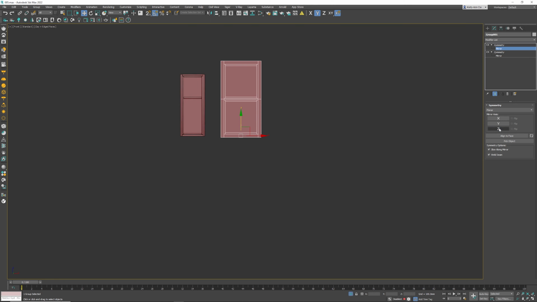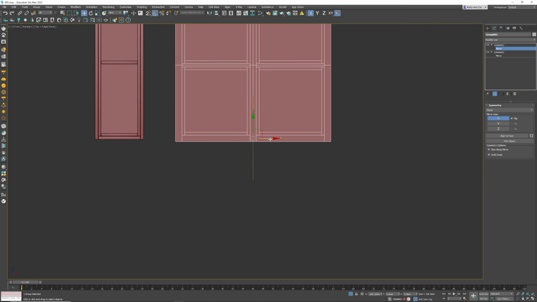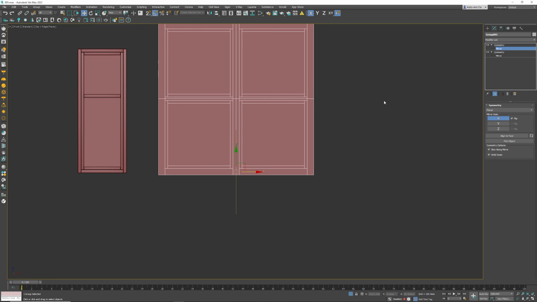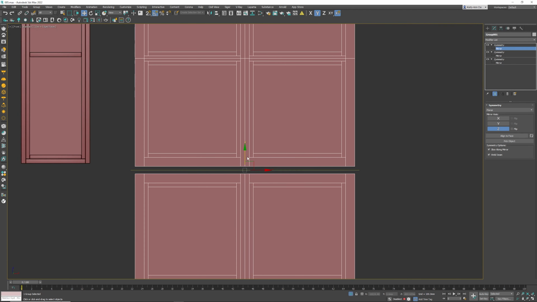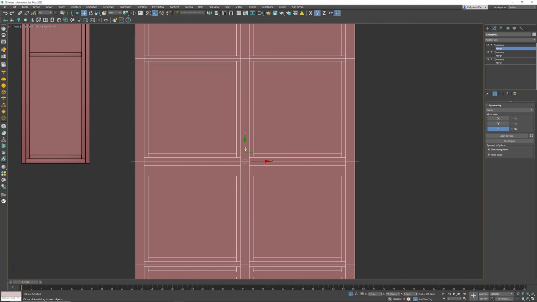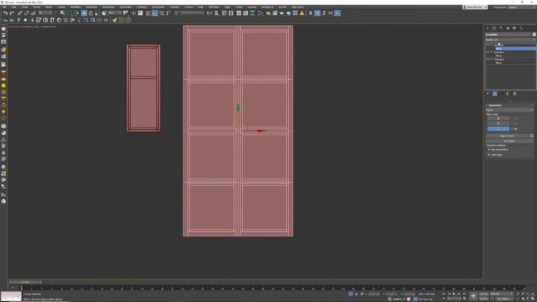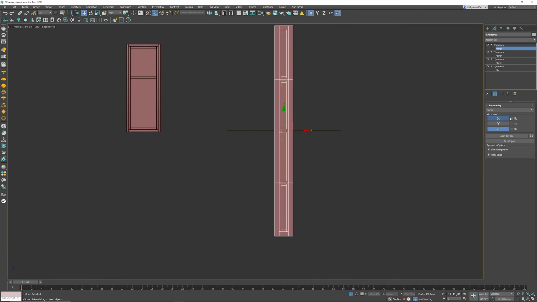Alternatively, if you deactivate the Z and let's say go into the X, I can now drag it. Let's click flip. I can now drag it this way, which is now going to create a different version of the window. Again, multiple things you can do with this, and the idea is to use one asset multiple times. So let's create something pretty big. Let's grab another symmetry modifier, and yes, I do like adding continuous modifiers over and above each one, so I know what each one does. You can use the same modifier over and over again if you wanted. One more modifier. Let's go into the X, drag that right across, click the flip,